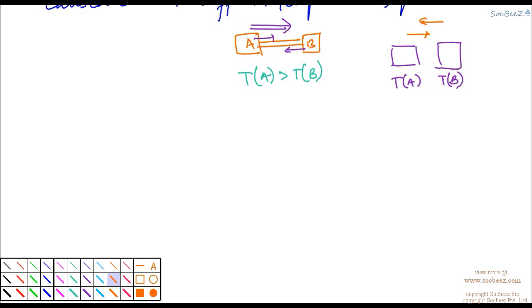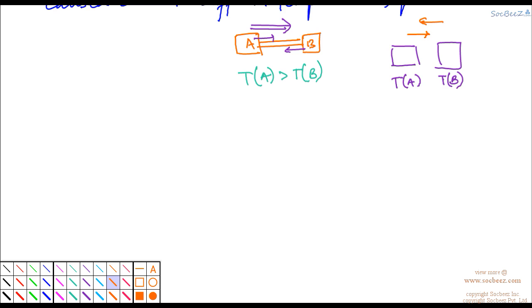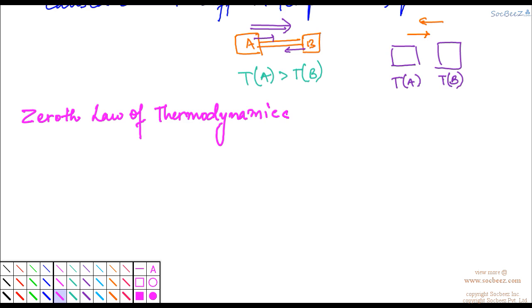Okay. Now let's try and understand the first law, or we call it the Zeroth Law of thermodynamics. It states a very basic thing, but it is the basis on which your temperature scales, like the Kelvin scale or the degree scale or the Fahrenheit scale, are based. It says that